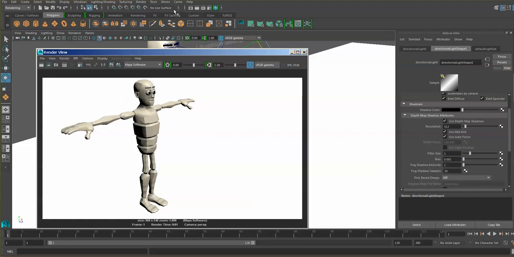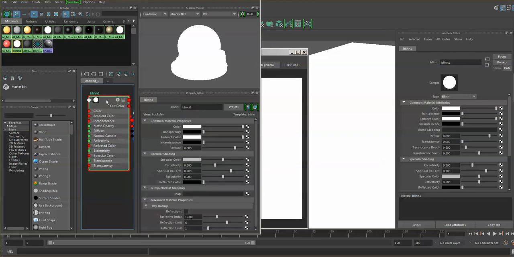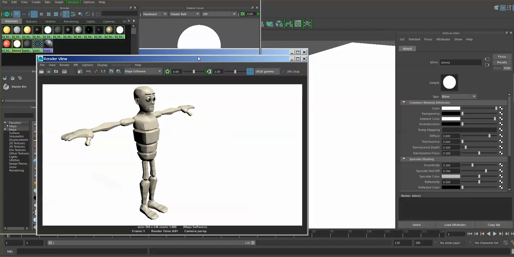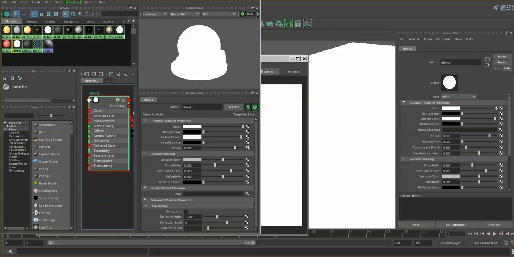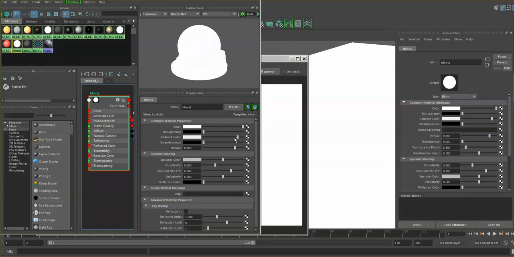So let's go back to the hyper shade and let's get that ambient color just a tiny bit lower, and let's see if that helps. Okay, let's, yes, you start seeing the shadows over here on the floor as we lower a little bit that white from the ambient light. So continue lowering it. You know, you don't have to have a seamless background. I just wanted to show you how to do that. You see, now we start seeing more of the background shadows. So let me lower it a little bit more,